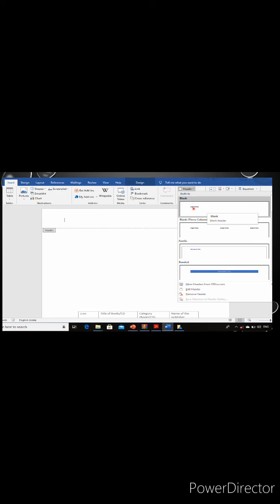There are 3 columns. In the header you can give the heading. If you want to give 3 headings, you can select this also. If you select this, the option given is 'Type here'. If you type here, you can give the heading here. This heading will be placed on all the pages. Let me show it in the next page.